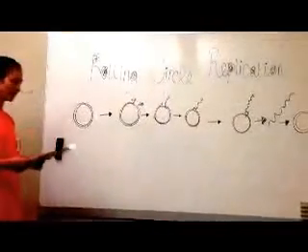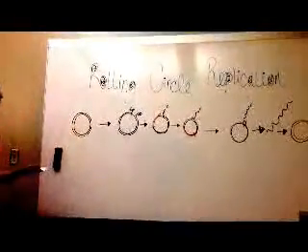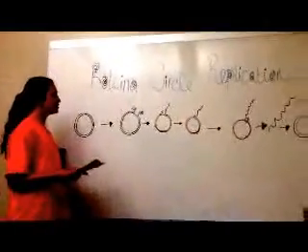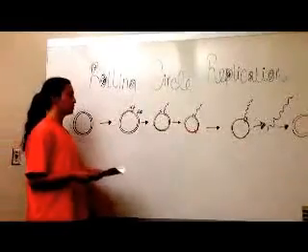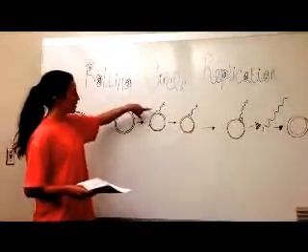Rolling circle replication is another way prokaryotes can synthesize new DNA. First, you begin with the double-stranded circular DNA. The circular DNA will then cleave off one of its single strands. The single strand will then begin to replicate from the 5' end to the 3' end, and will work its